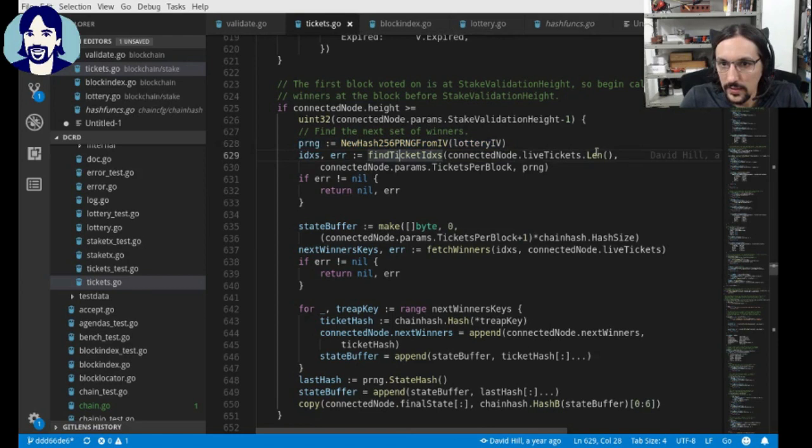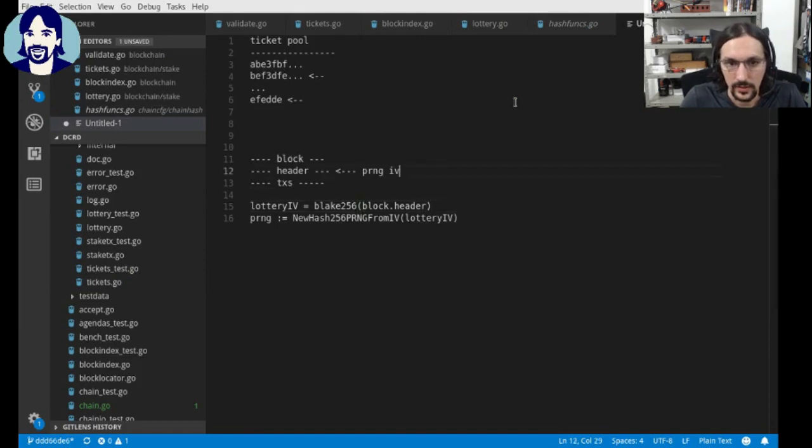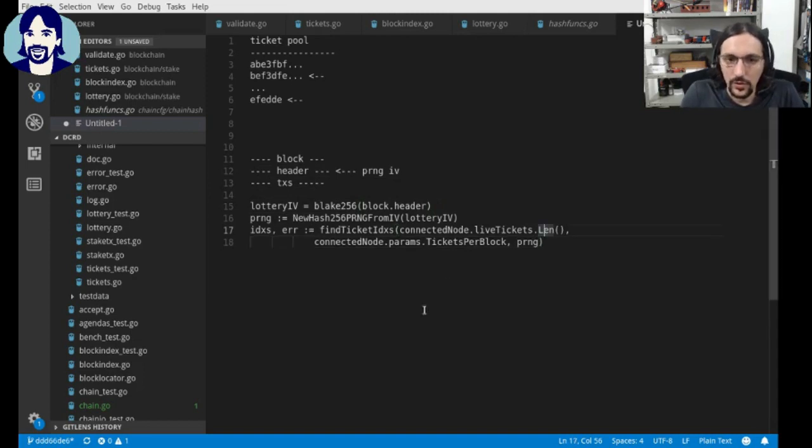And then the tickets are found by calling this function here. Okay, so this is how basically the dcrd nodes figure out